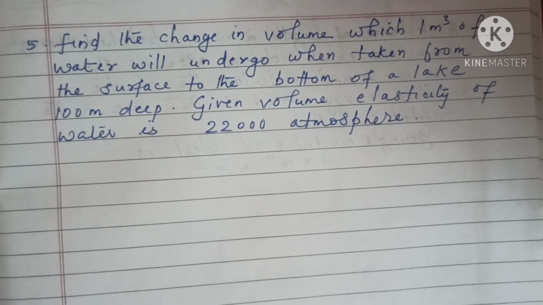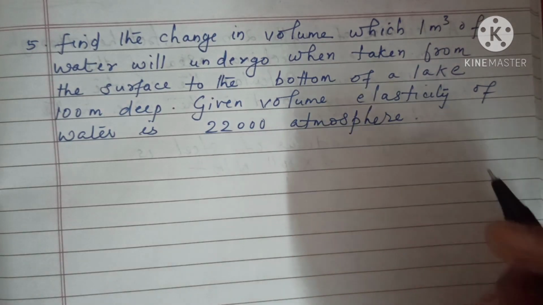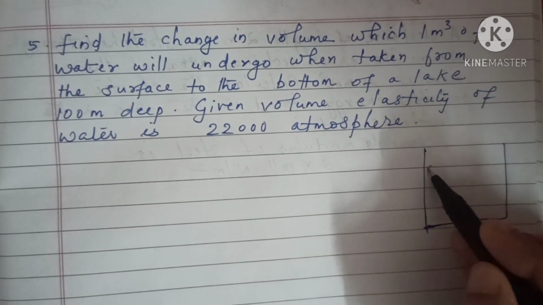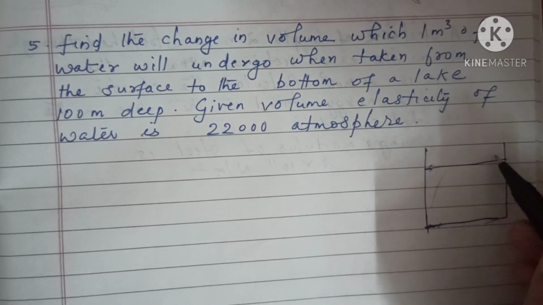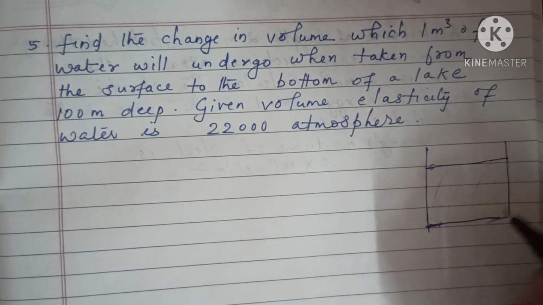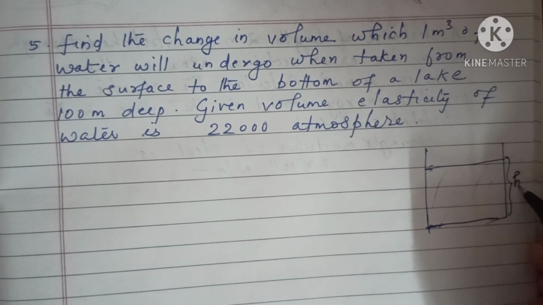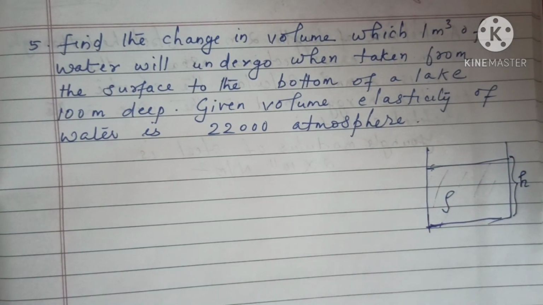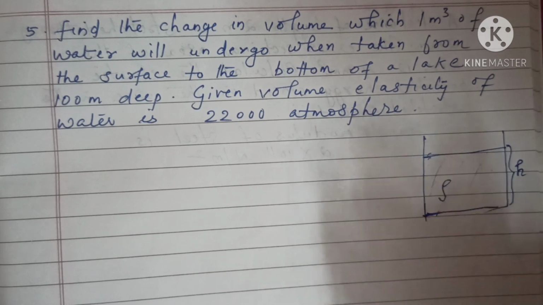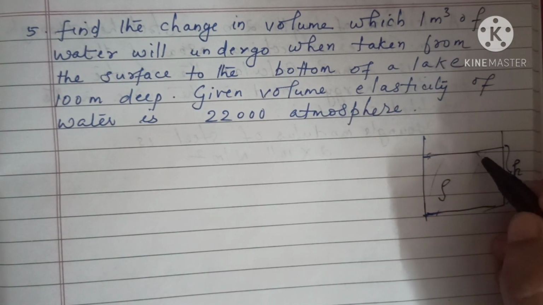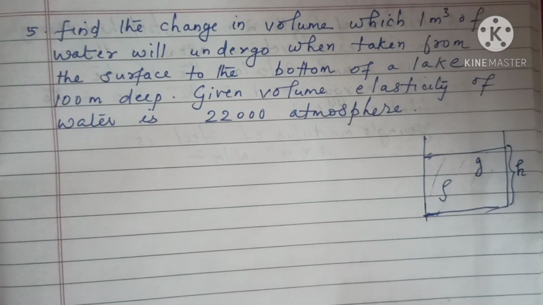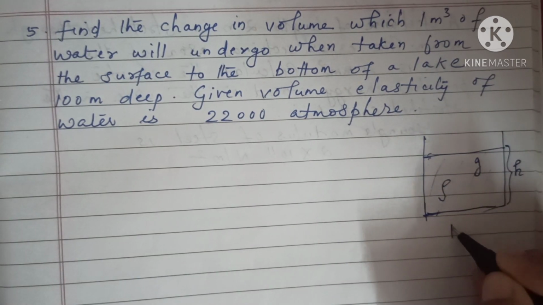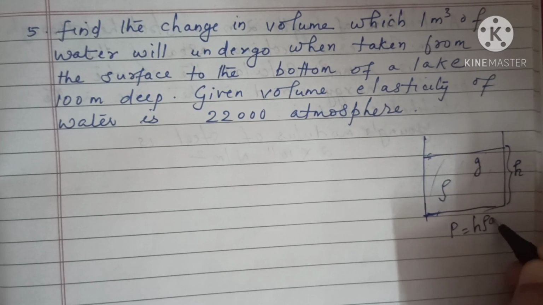Okay, so here I think in your 9th standard you have studied the pressure due to a liquid column. How can you find that? If I am taking water in a container, this portion is termed as a liquid column. It has a particular height. The water has a density rho, and also the acceleration due to gravity is considered, and here the pressure is taken as the expression h rho g.